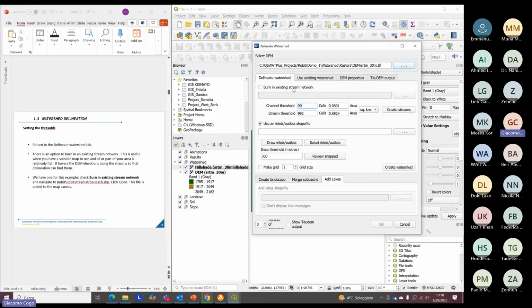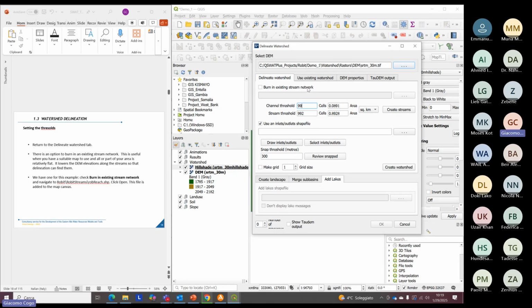That's the case when you already have a network of streams, of channels, and you want to put it on the model to better fit the particularity of the area. And in the case you have a flat area, if you run a model in a flat area, it's actually difficult to get a good representation of the actual river